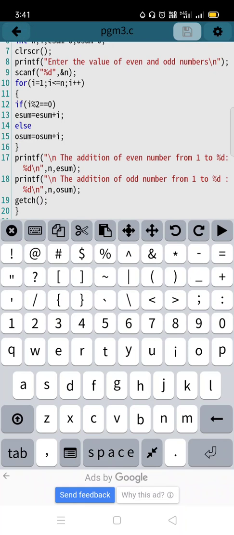If you are getting confusion, ask me. Okay, hope you all